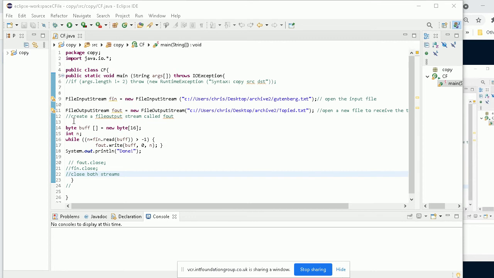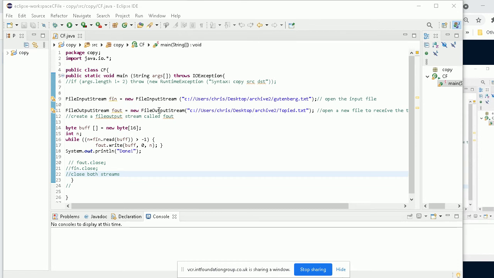And in contrast, I'm going to create a file output stream called fout, and that results from creating a new instance, a new object. Sorry, I'm going to create an object from the subclass file output stream, and you'll remember that file output stream is a subclass of output stream.